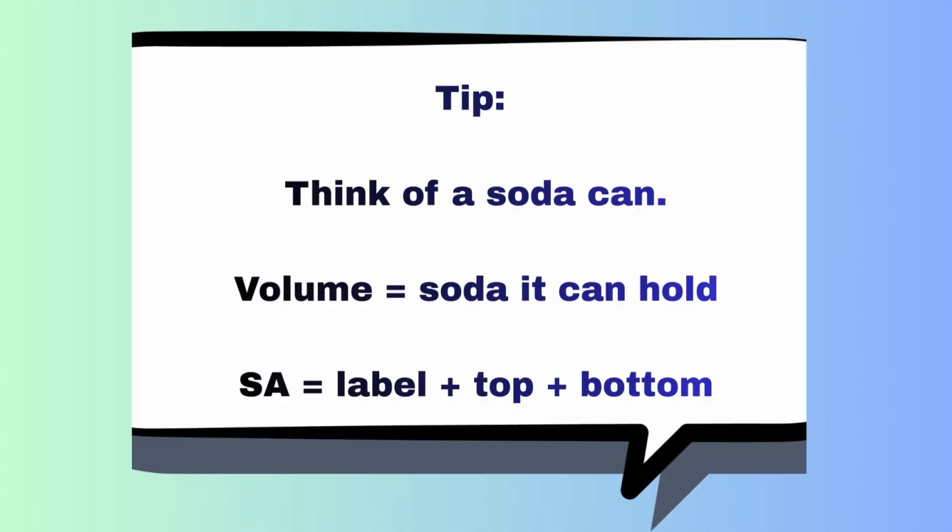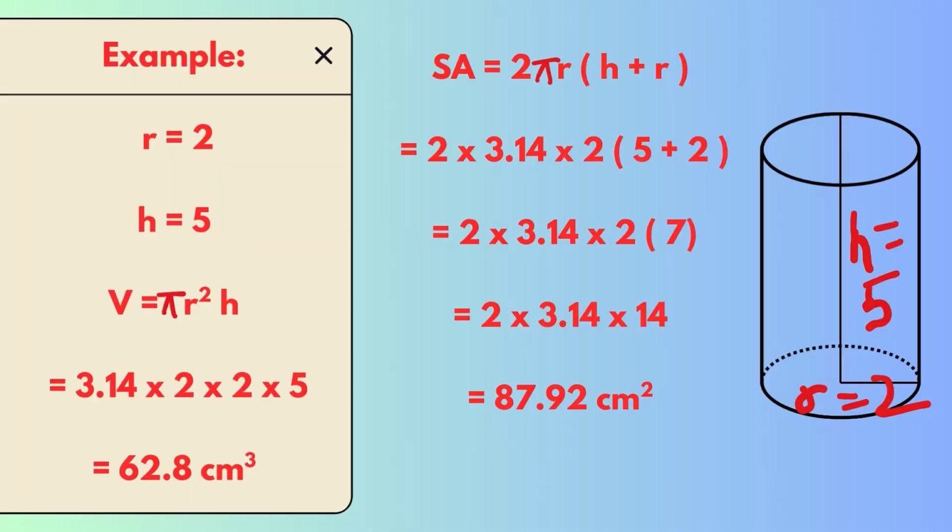We are given a radius of 2 centimeter and a height of 5. We need to calculate the cylinder's volume. Pi r square h is the cylinder volume. Pi is missing in this slide, so be careful. Already put the constant number 3.14 multiply 2 multiply 2 multiply 5 gives us 62.8 centimeter cube. Just put the values of radius and height in the volume formula, so you will easily get the volume.